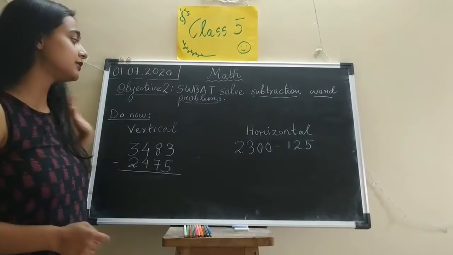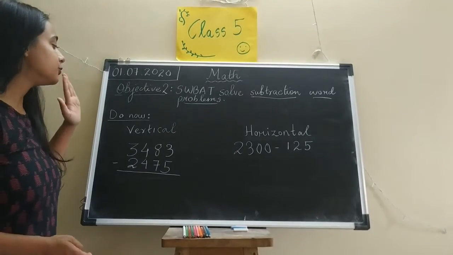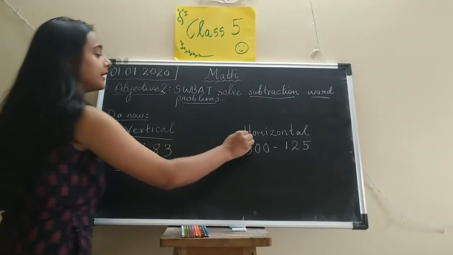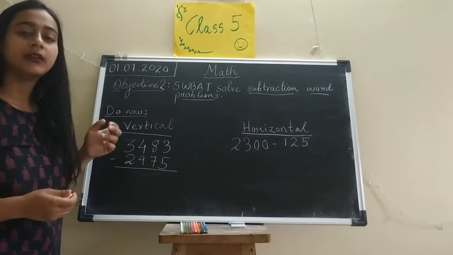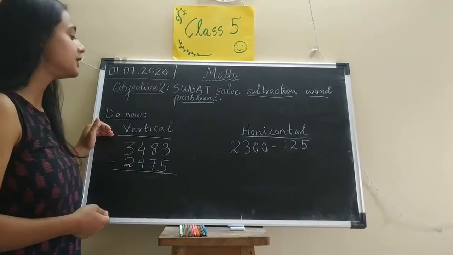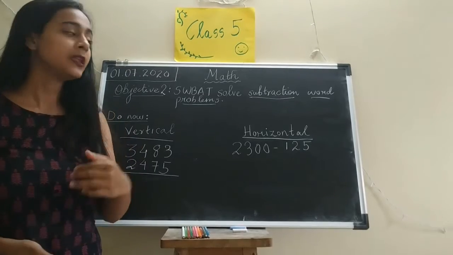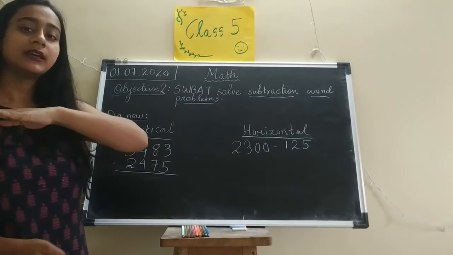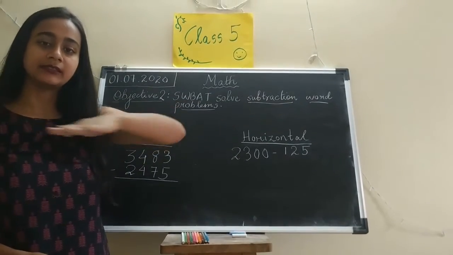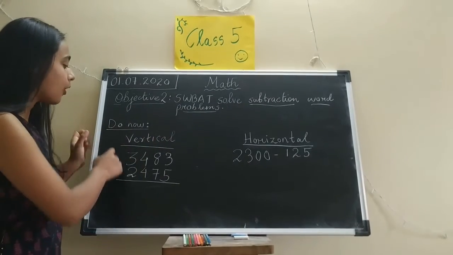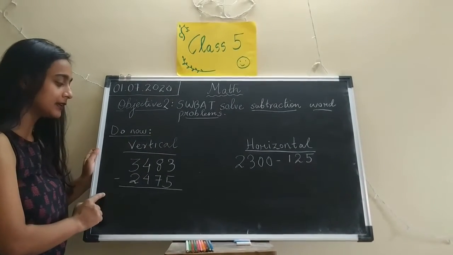Before we begin, there is a do now on the board. Right? The do now has vertical and horizontal subtraction. Okay, now remember what does vertical means? Vertical means khada hua, seedha or straight. Okay, and horizontal means lying down. इस तरफ से. So when you say a vertical sum, vertical ऐसे करके दिया हुआ है.